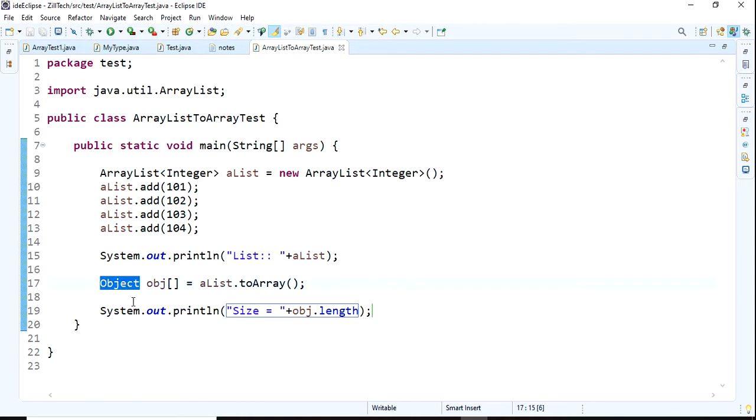If you want to convert completely to Integer, we have some mechanisms. We need to take one loop and convert each and every element and store it in an array. This is about converting array list to an object array.